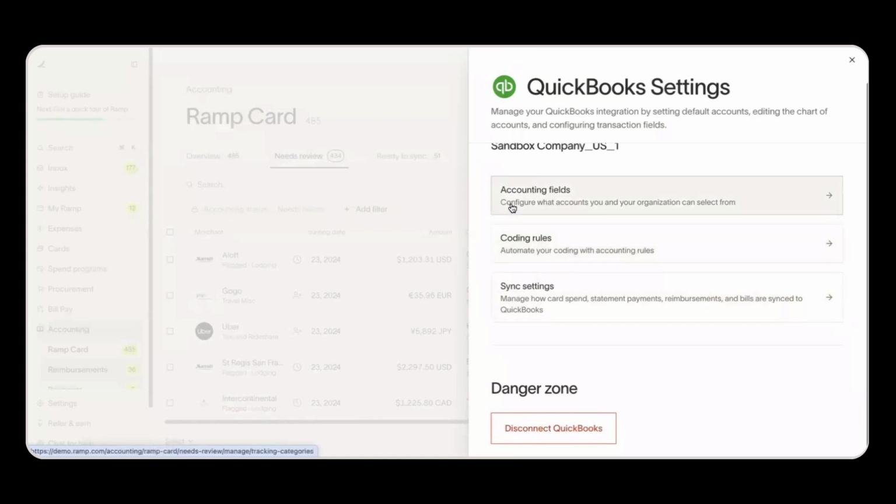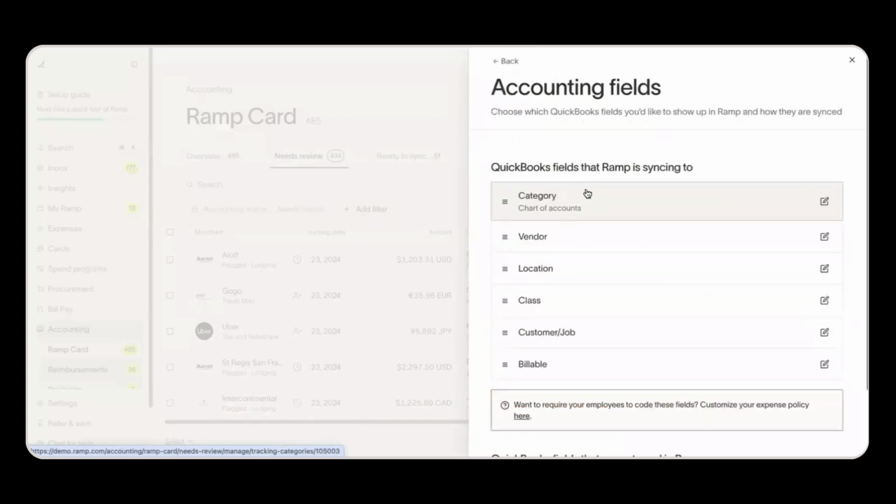Next, let's go into the accounting fields area. Even with coding rules, I'm sure there are still some opportunities where we're going to have to manually code transactions. We noticed that there was a very large drop-down list for our chart of accounts. Instead of scrolling or typing, there are a few tips as a CSM that I like to provide to make the process a bit easier. One of the options is actually hiding some of those accounts to make the drop-down list